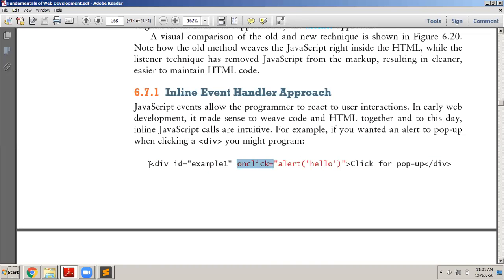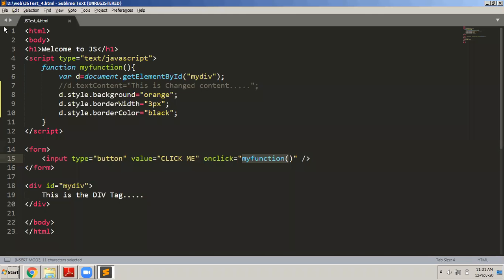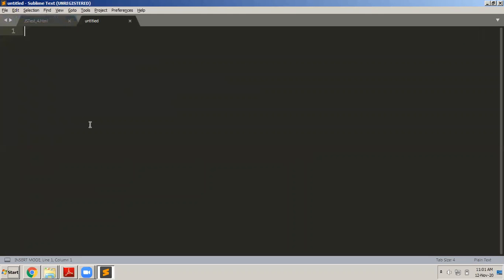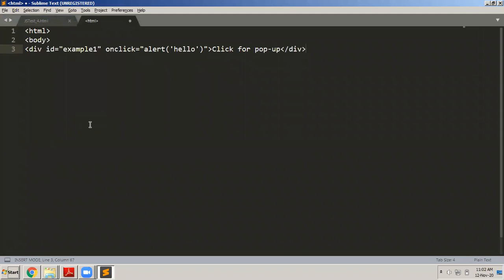Now let us copy this code, Control C, and I will go to File, New File, and quickly write some HTML. I have the body tag, and I pasted that there.